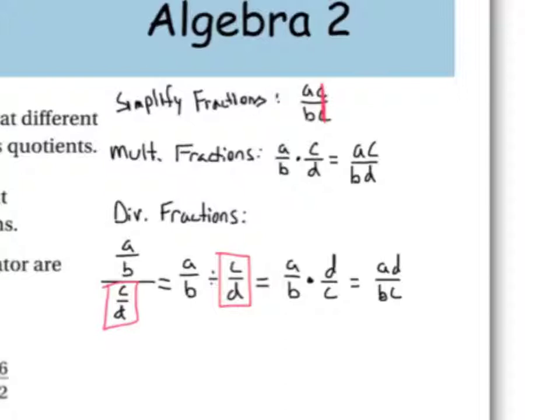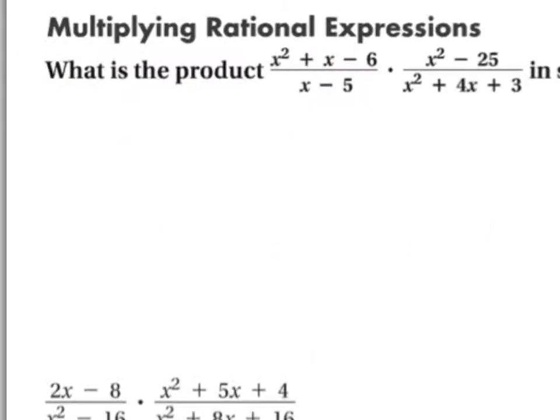So let's see how this is going to look with rational expressions. On the back page of your notes, that first problem says, what is the product of those 2 rational expressions, those 2 big fractions? The first thing I would want you to do is multiply these together to get one big fraction. And that is very easy to do. Don't overthink this. Do not try to FOIL. Do not try to take the x squared times the x squared and so on and so forth. Don't do that. Simply write it as